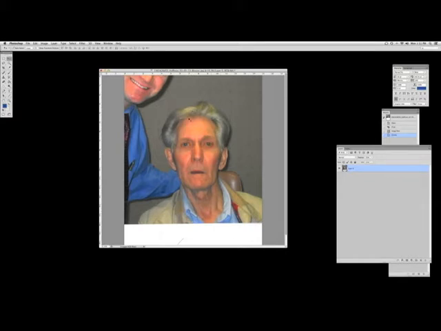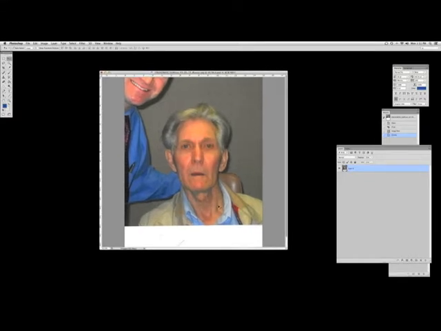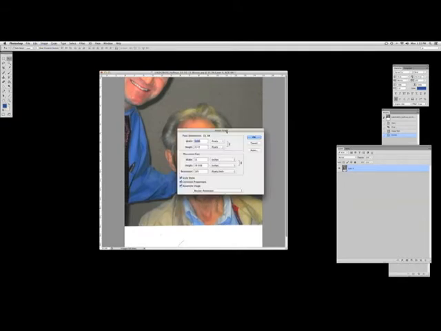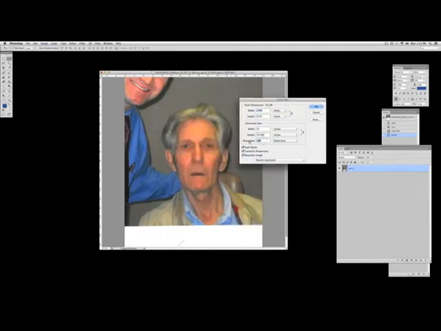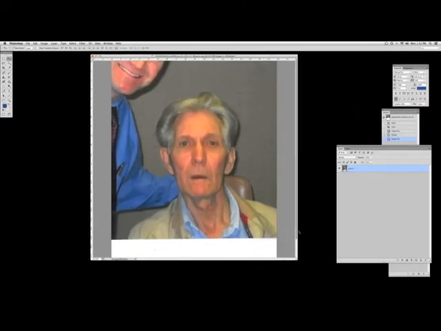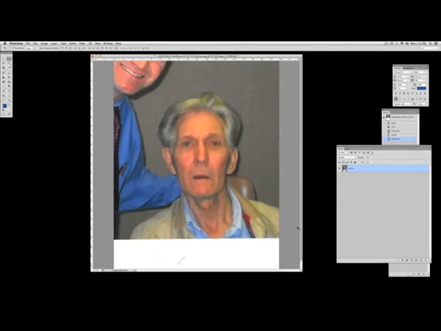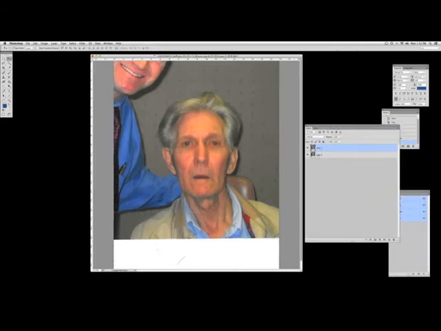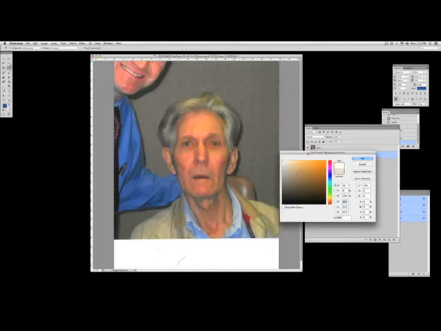So one of the first things we want to do is adjust the size of the original scan. Generally, I make it 160 dpi by about 15, 16, 17 inches wide. So we'll enlarge it to this size. And then I usually start by putting this on a layer, so I'll copy it and paste it. I'll remove the bottom layer and delete it. In this case, it's not set up to